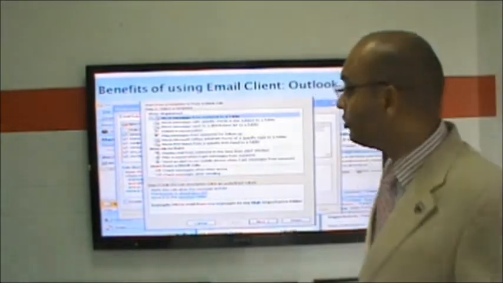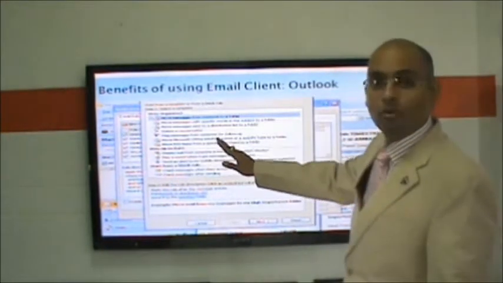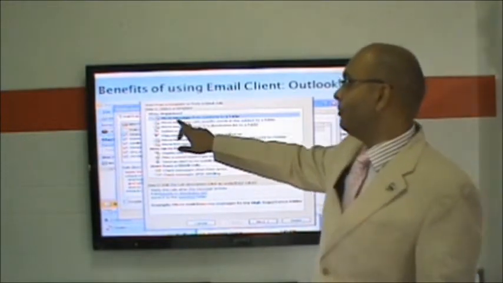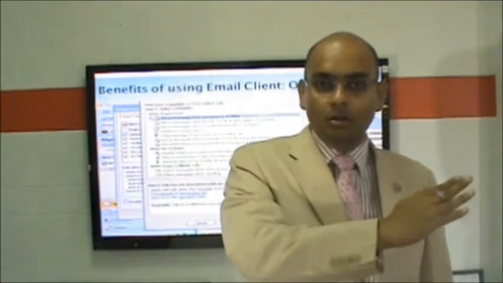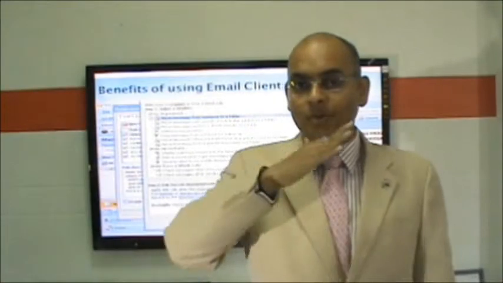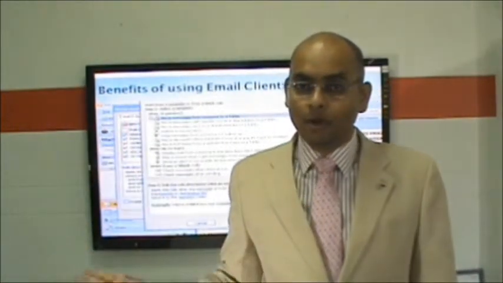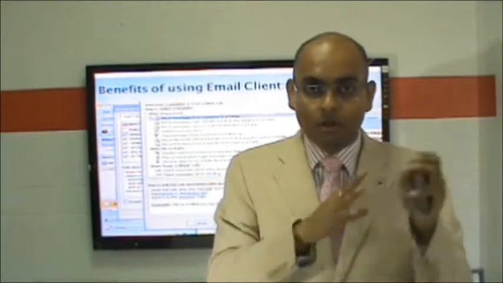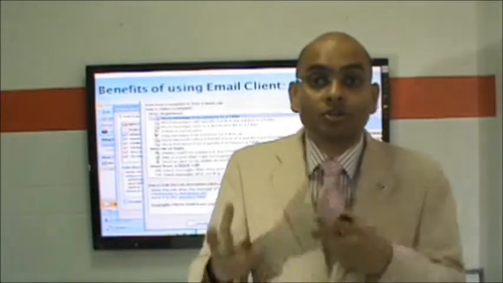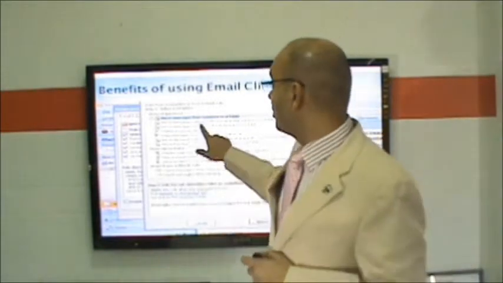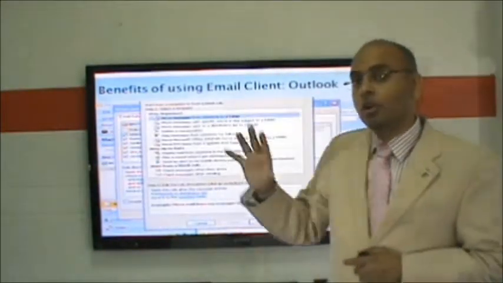One hidden advantage of using Outlook is that you can do rules. So, move messages from someone to a folder. All messages from my friend should go to this folder. All messages from my office should go to that folder. So automatically, even before you read the message, they get filed. It's very useful to get rid of auto-generated emails. For example, HDFC sends me a bank statement every month. The sender is the same, the subject line is the same, so I move messages with a particular word in the subject to a folder named HDFC.